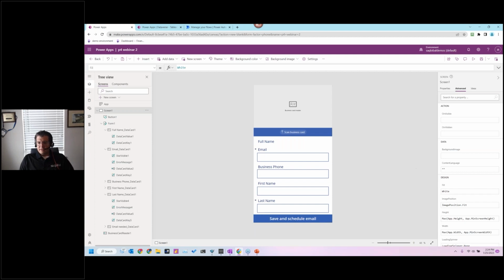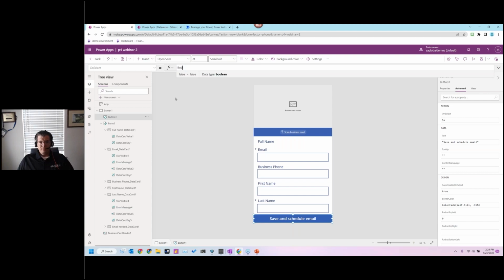And then one of the different things is there's some properties obviously that are specific to the objects that you're clicking on, but there's also methods. And so by clicking on these up in the formula bar, you can change the different methods that you want and sort of what they do. So this on select right now isn't doing anything, but we're going to say submit form. And we want to refer to our form that we're submitting, so form 1,